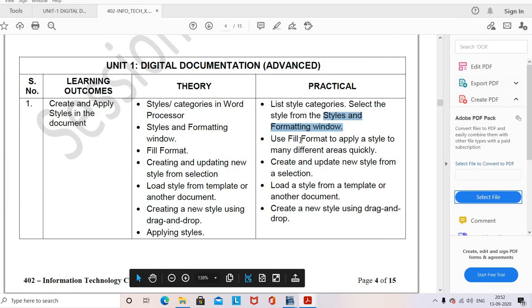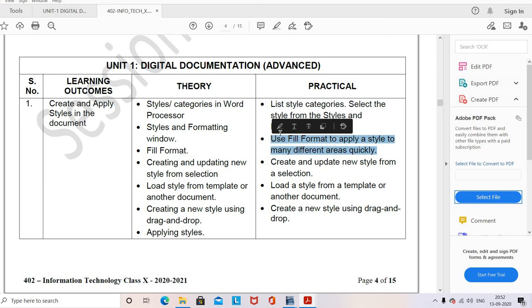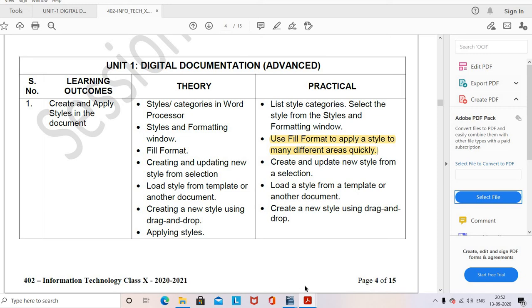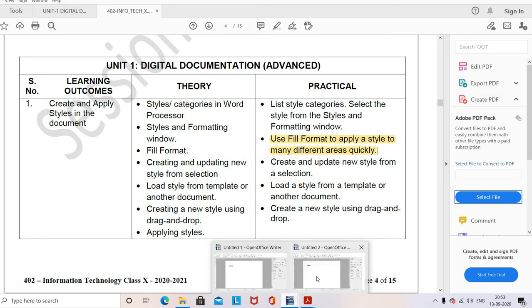Next section is use fill format to apply a style to many different areas quickly. So this we are going to discuss right now. Use fill format. What is the use of fill format? It allows us to give style to many different areas quickly. So we can just apply that also.